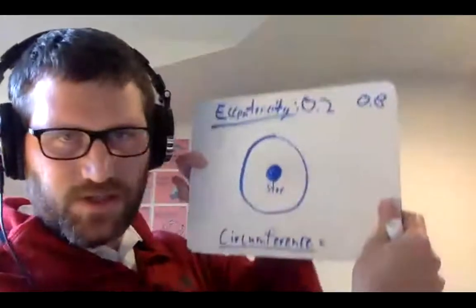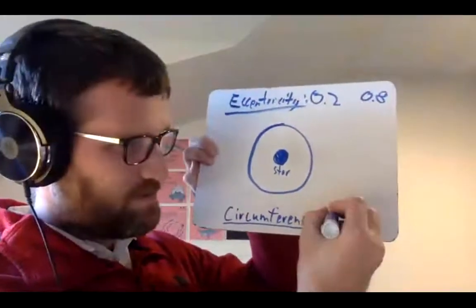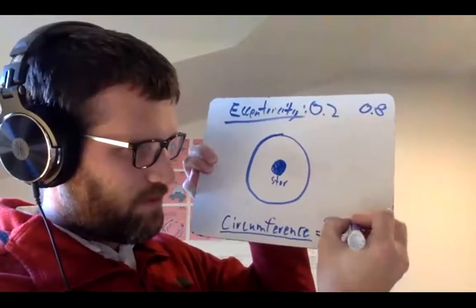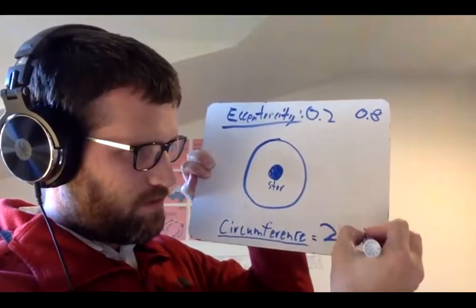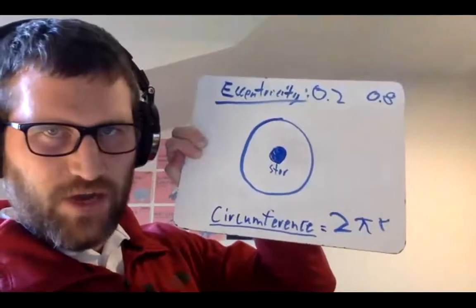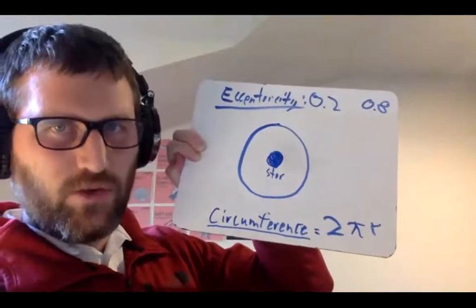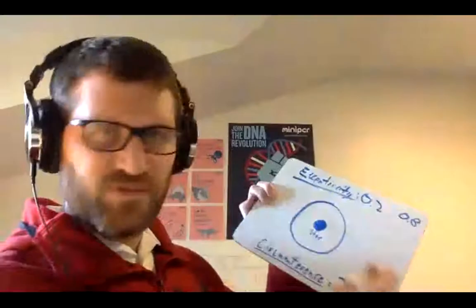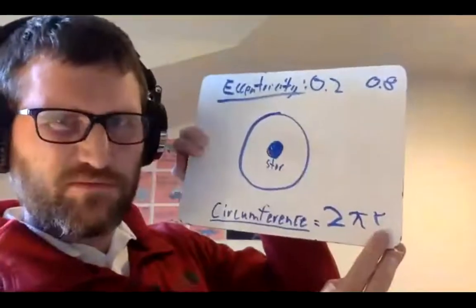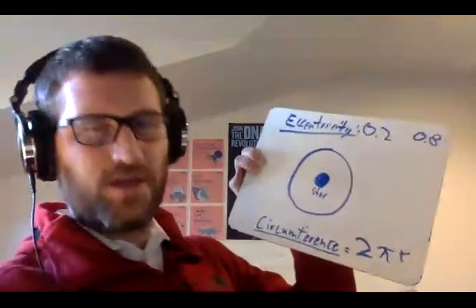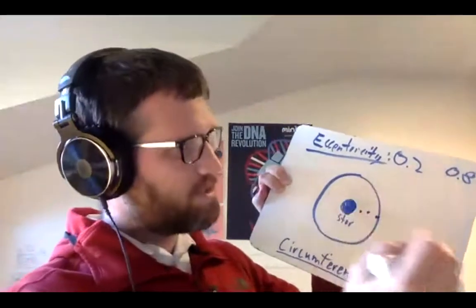You can calculate circumference, though, if you're messing with a circle. And this I'm hoping most people know, but if you had a circular orbit and I asked you to calculate circumference, does anyone know the equation for circumference? Remember there? 2 pi r. Who can give me the value of pi? Just 3 digits. 3.14. Awesome. And what does r stand for? Radius. Good. Distance from the center to the outermost edge. So you'll do a little math with that, and you'll do a little math with eccentricity.